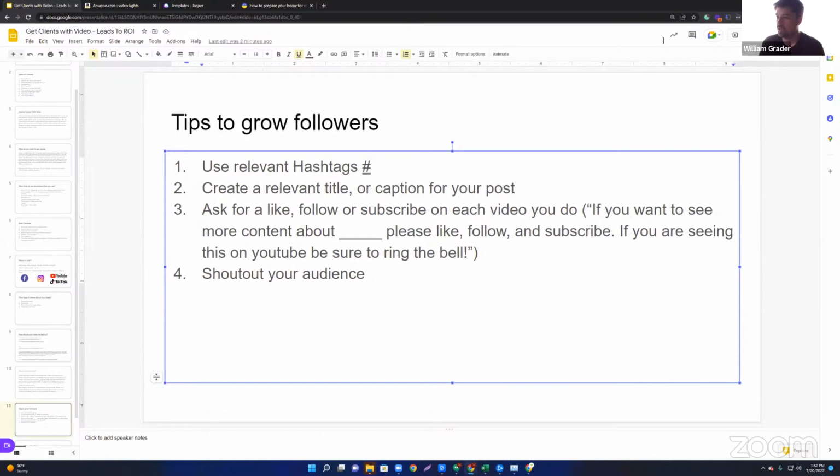So yeah, I think that the relevant hashtag is very important. And also what Brian said here on number 3, asking them to follow you and things like that are extremely important. Or if you have a specific call to action, let's say you want somebody to actually go to your website, right? Go to this website for more information. Make sure that you say those things in the video,